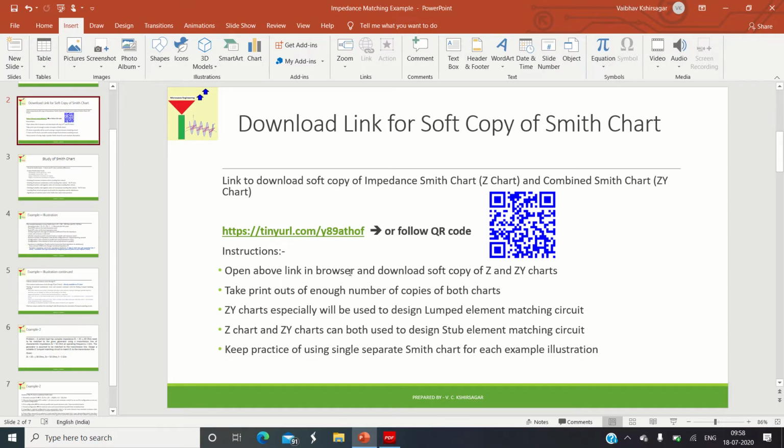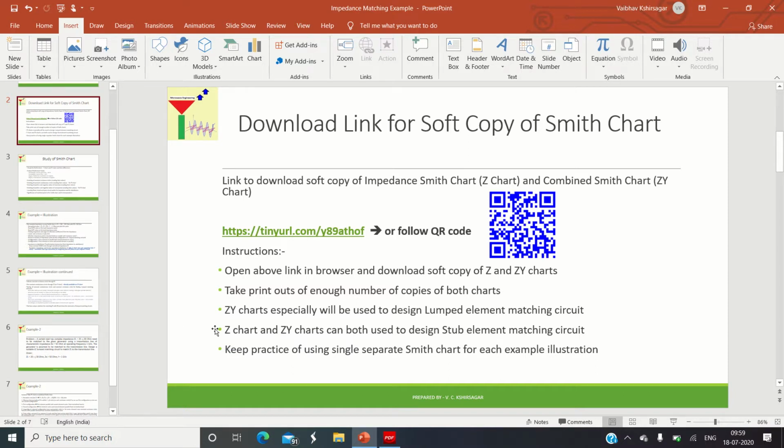So I highly recommend you get the hard copy printout of the Smith chart, and when we start solving the typical example, follow the steps along with me, but you are supposed to do those steps in your hard copy, so that you will get confidence. Though I am showing how to solve these impedance matching circuits online, you are supposed to do the same procedure on a hard copy. So it is highly recommended.